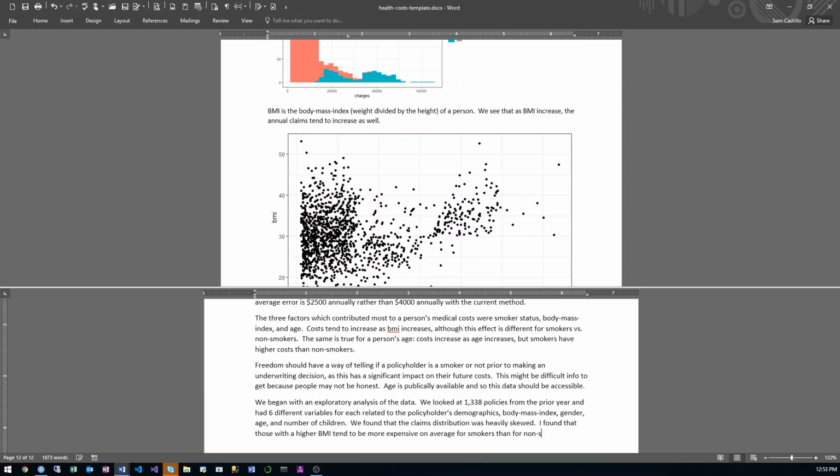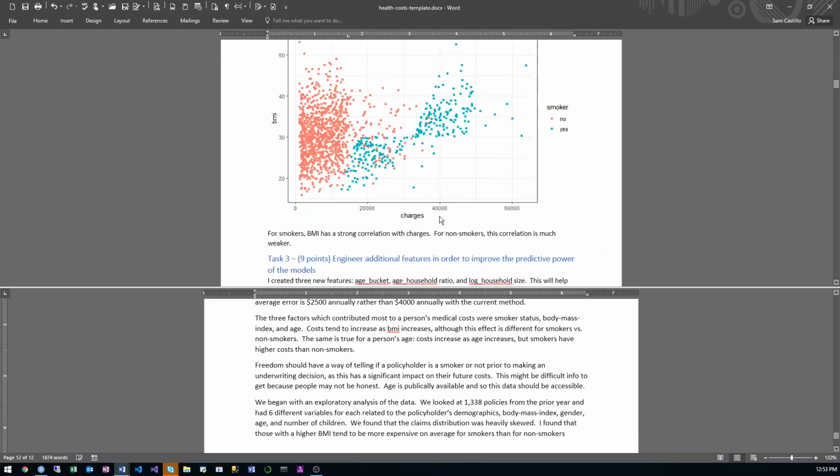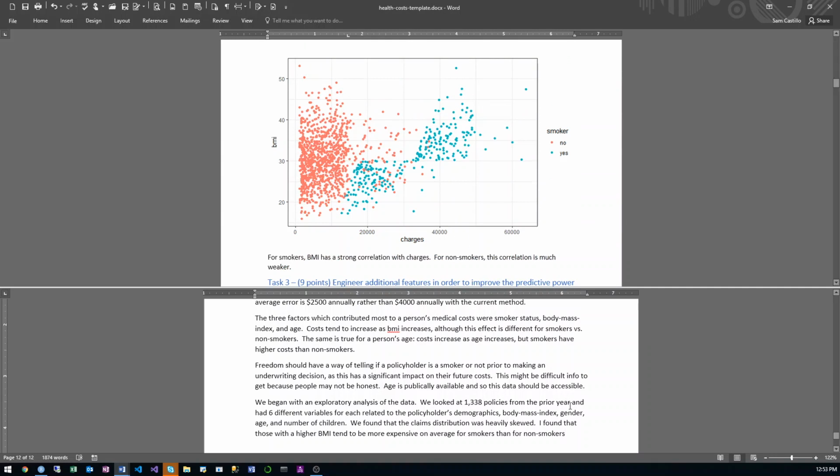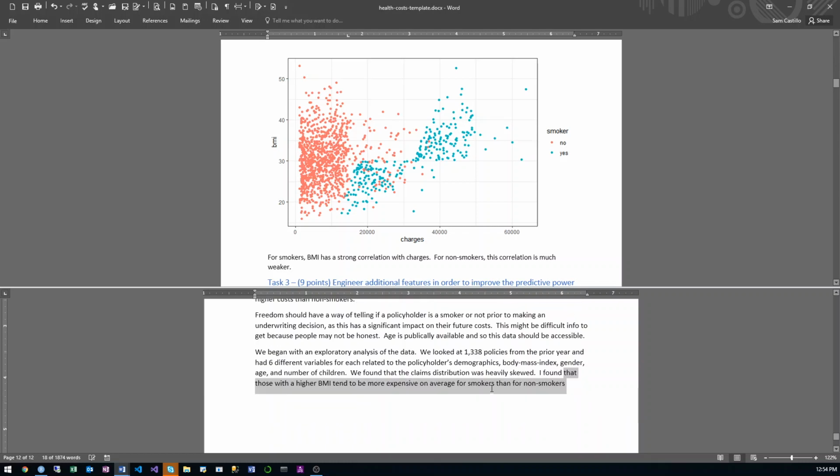For non-smokers, I guess this graph right here, I found that